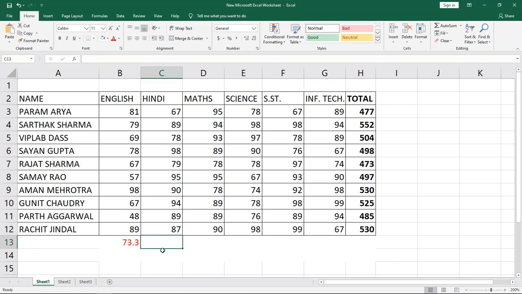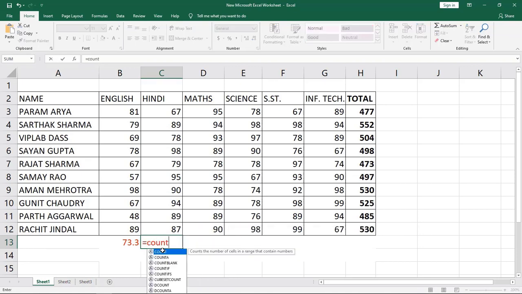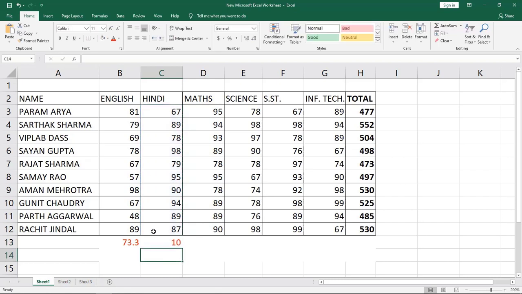Let's see using that count function. Give the equal to sign, count, give the bracket and range of cells, then close the parenthesis. See, the answer it is giving is 10.